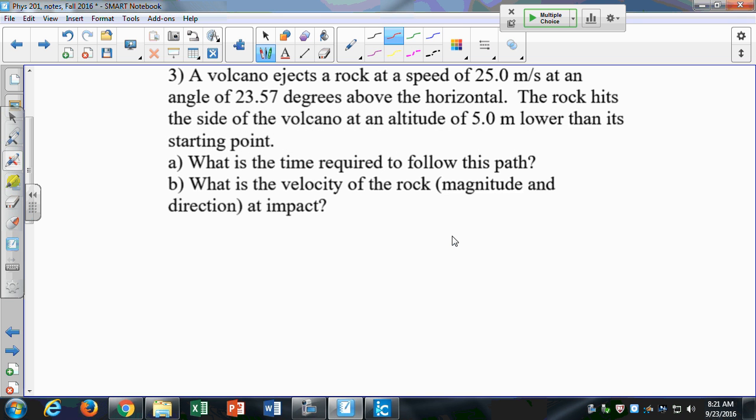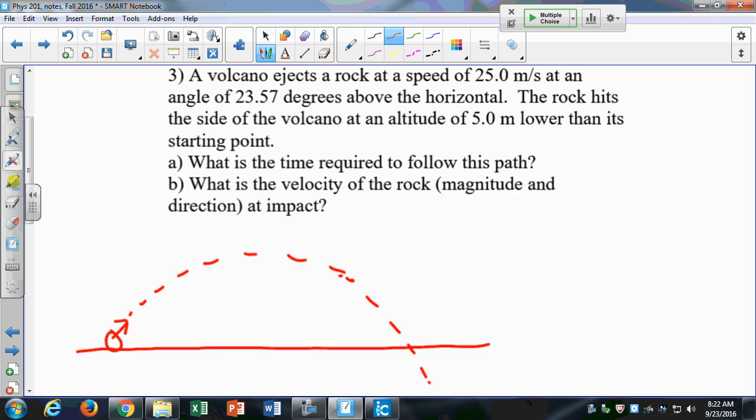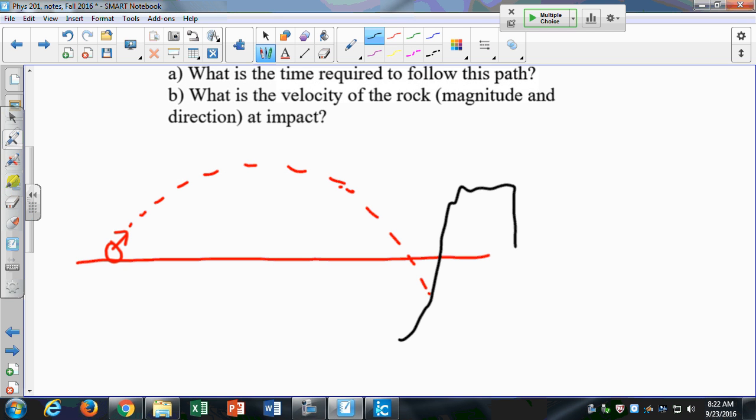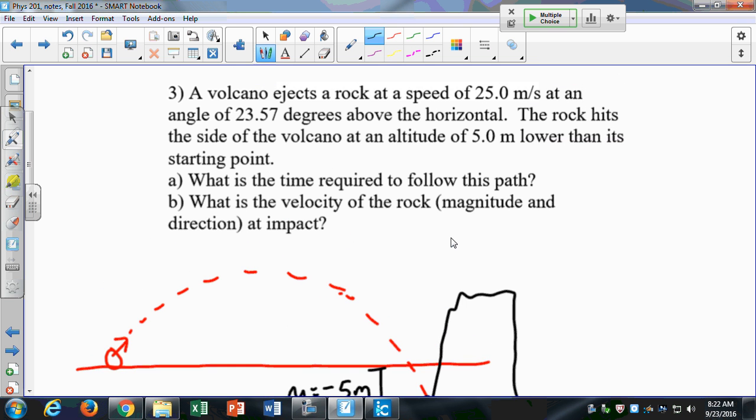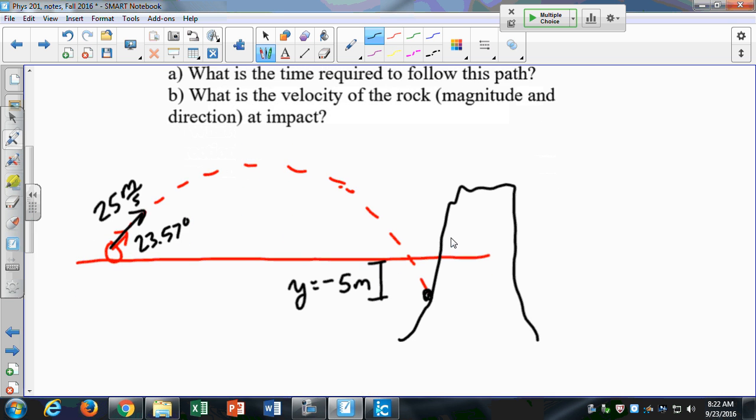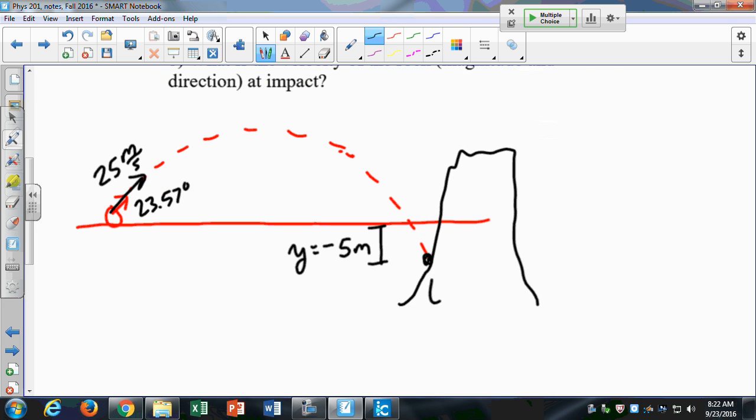So problem 3, I have an object that comes over here, but it lands at a distance below where it hits. In fact, there's like a volcano, and it lands at 5 meters below where it begins. So my y displacement is equal to -5 meters. I know a lot about what happens: it has a certain angle, 23.57 degrees, and I give the velocity to it's 25 meters per second. And so I know a lot about this and what it's doing, but I want to know what is t